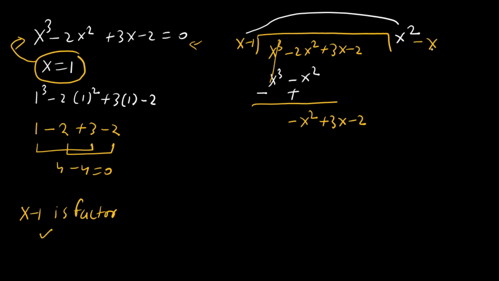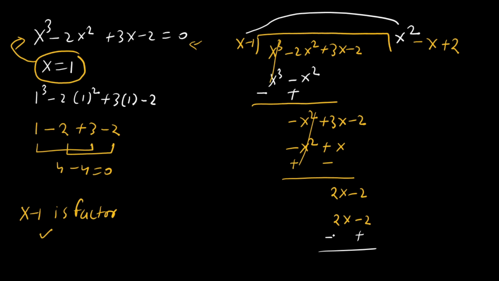and here if we take minus x multiplied by x, then here minus x², and minus x multiplied by minus 1, then we get plus x. Here plus and minus. This minus x² and this plus x² cancel out. 3x minus x is 2x minus 2. Now if we take here 2, then this 2 multiplied by x, then 2 times x, and this 2 multiplied by minus 1, then we get minus 2. Then here minus and here plus, then this plus 2 times x and this minus 2 times x cancel out, and this minus 2 and this plus 2 cancel out, and here 0.